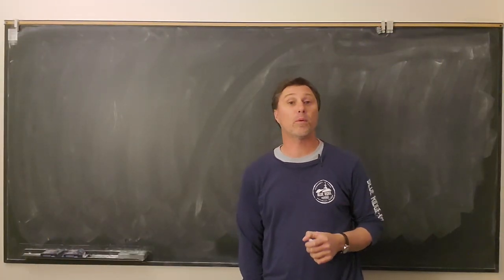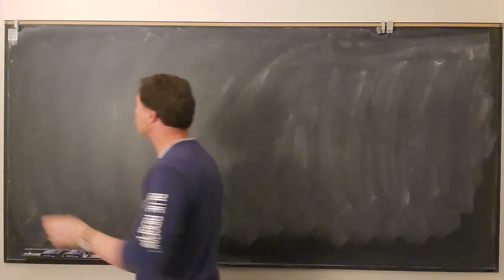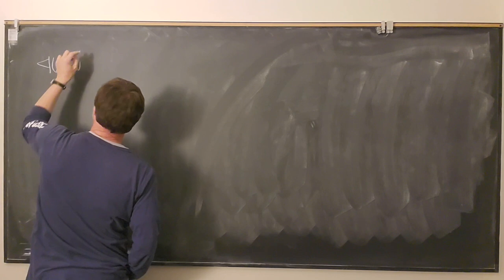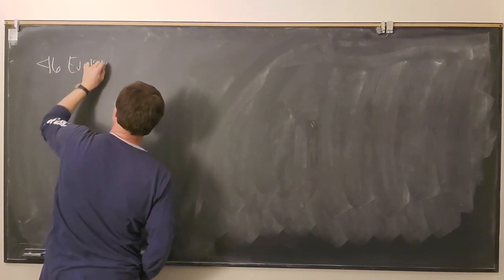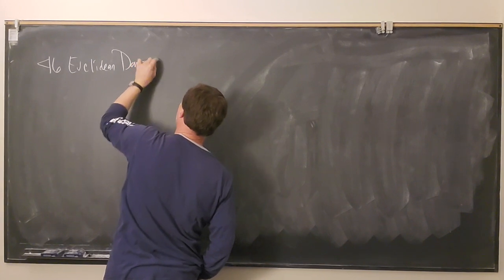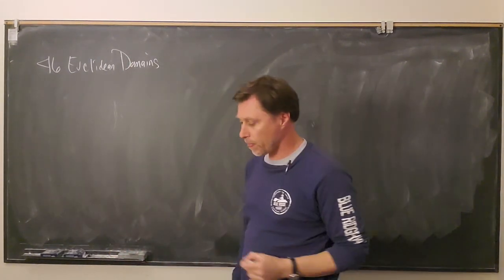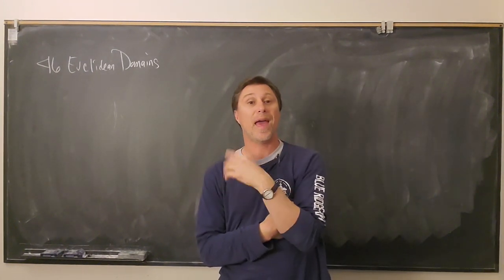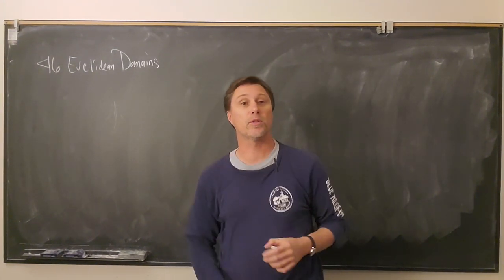Let's see, today we're going to start a new chapter. So this is going to be chapter 46, and the topic is Euclidean domains. Now, if you think about our study of both F[x], polynomials over a field,